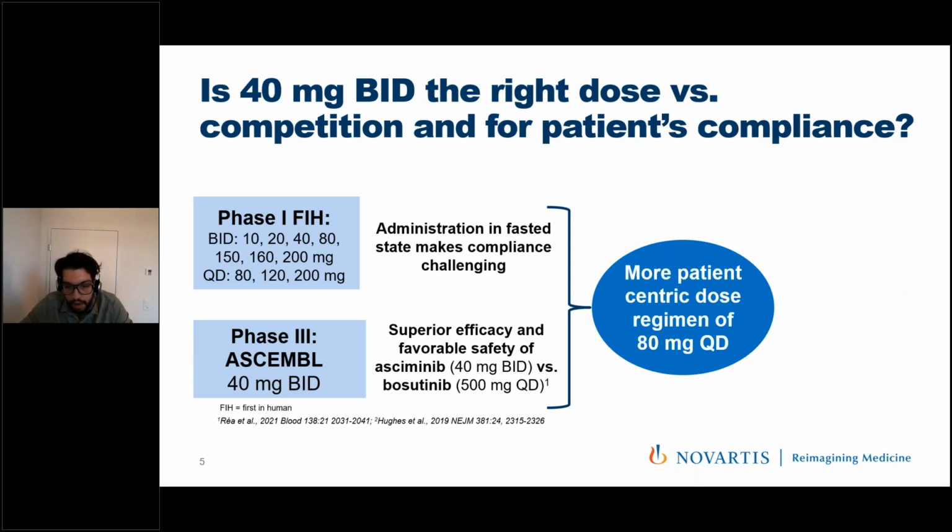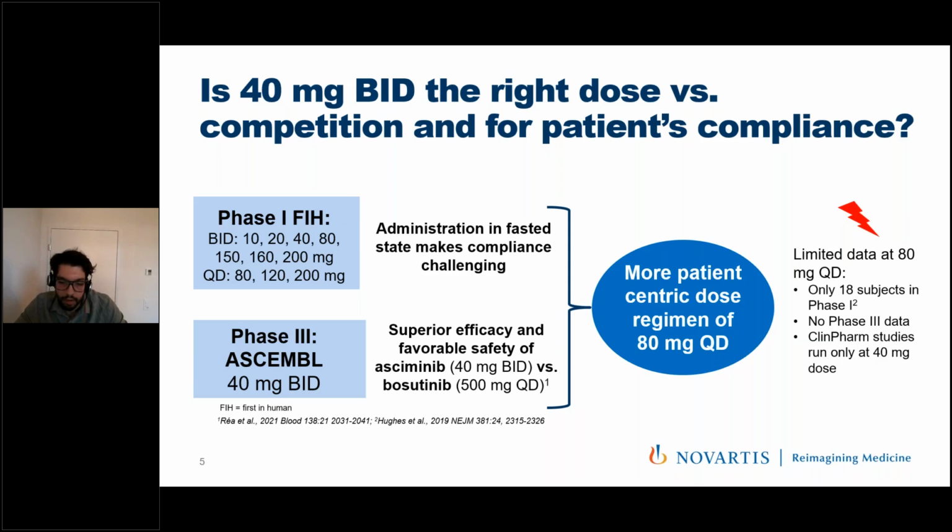On the other hand, we already knew from the phase 3 trial that there is a superior efficacy versus the standard of treatment, which was bosutinib, when asciminib is administered at 40 milligram BID doses. So what we wanted to explore was whether a more patient-centric dose regimen of 80 milligram QD would be appropriate and could be justified. So if we click next,